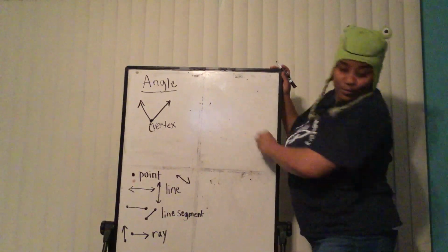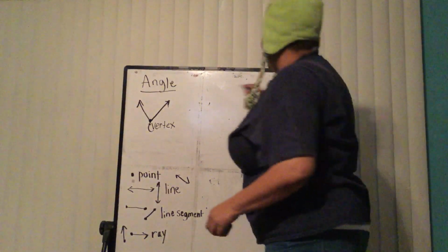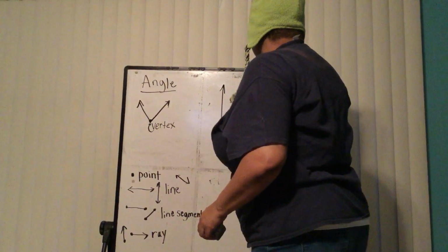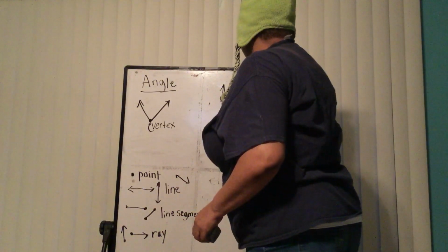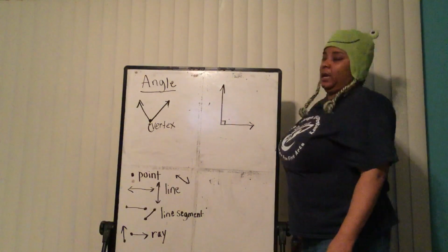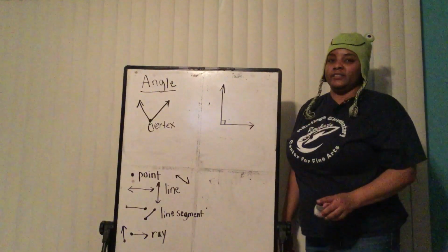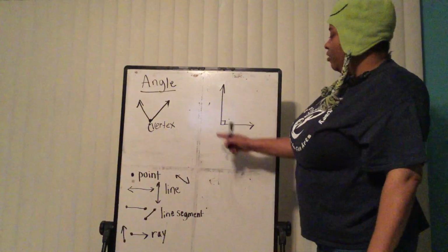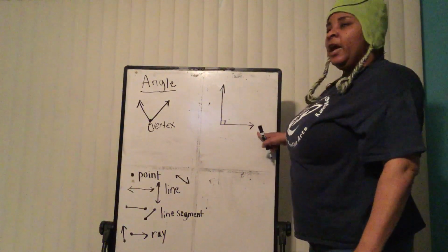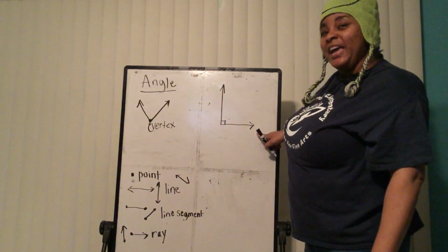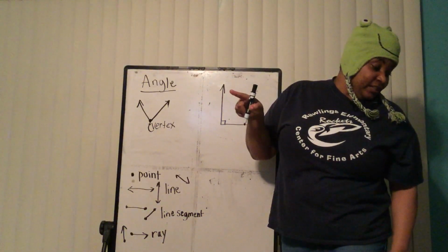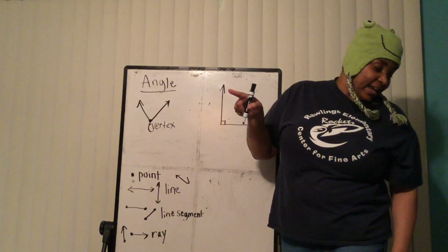Uh-oh. One more. We've talked a little bit about this. I wonder who's going to remember this. Looks like the letter L. And it's got that box there. We talked about this. This is a right angle. Remember we said it looks like the letter L? And I think I told you that it's worth 90 degrees. 90 degrees. So let's look at this right angle right here.